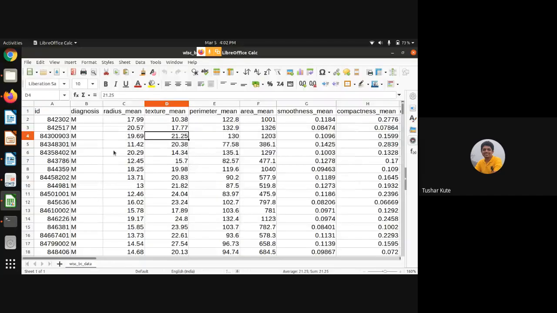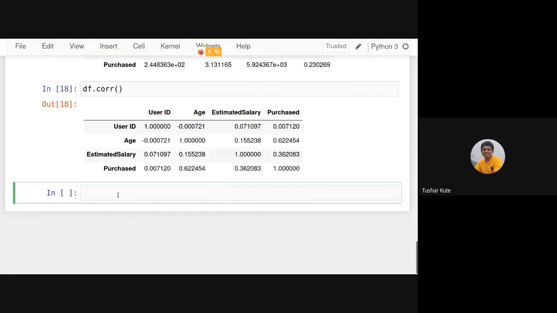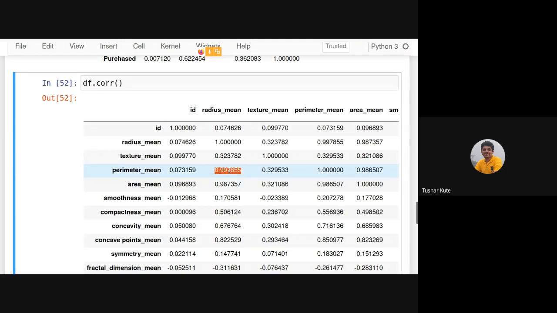If you look at this data set and see its correlation matrix, a very huge matrix is created, and some attributes are connected together. You can check it. Perimeter mean and radius mean are correlated with each other, 99% correlated. So can I remove that?